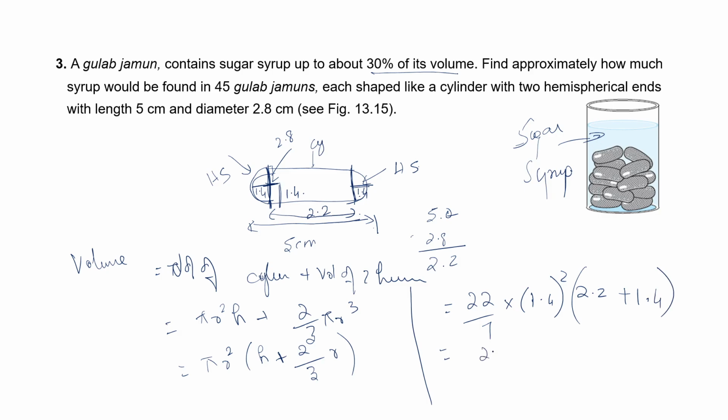So you can calculate here as 22 by 7 into 1.4 into 1.4 into, I'm just expanding and writing this. Why expand? So that you can cancel that. If you calculate all this, we are getting an answer of